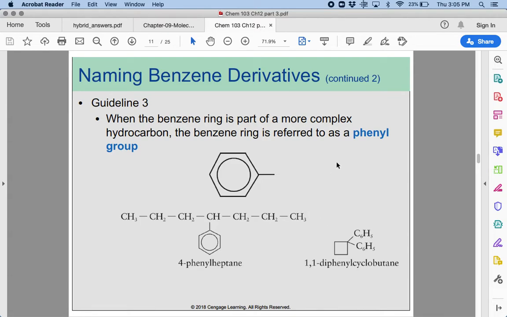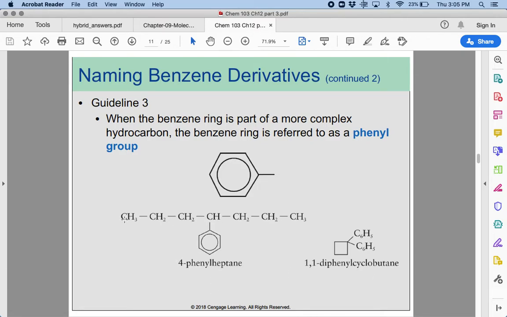So how do we treat a benzene group when it's one of those alkyl groups? We don't call it a benzene anymore. When it's an alkyl group like this, here's our long chain, and we're adding it on as a substituent group, we call it a phenyl group. Okay, so a phenyl group